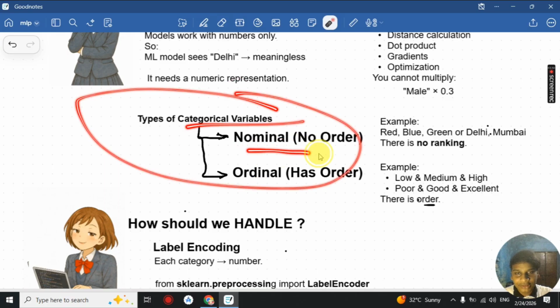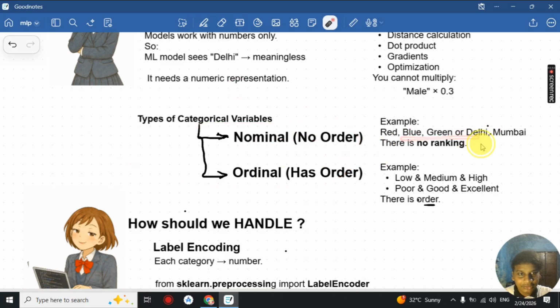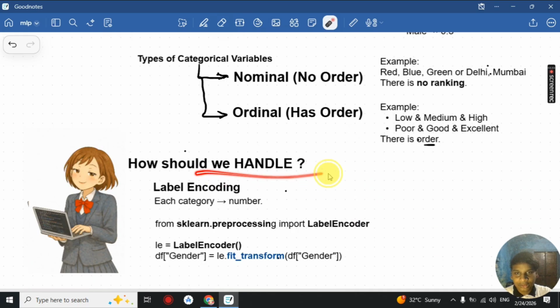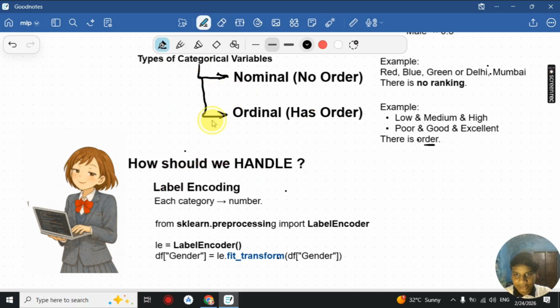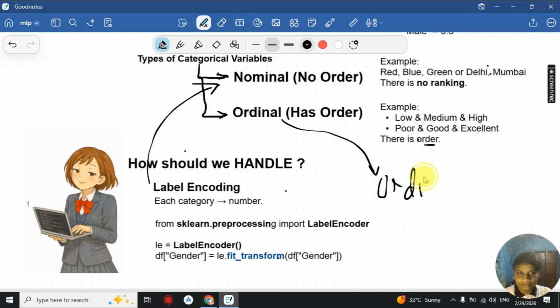Now there are two types of categorical variables. First we have nominal variables, which have no ranking or order associated with them, like red, blue, green, etc. And then we have ordinal, which have an order associated with them, like low, medium, high, or poor, good, excellent, okay. There is an order in ordinal. Now how do we handle that? If it is nominal, we use label encoding to change our categories to numbers here. Okay, so we use the label encoder for our nominal categories, and for ordinal we use the ordinal encoder